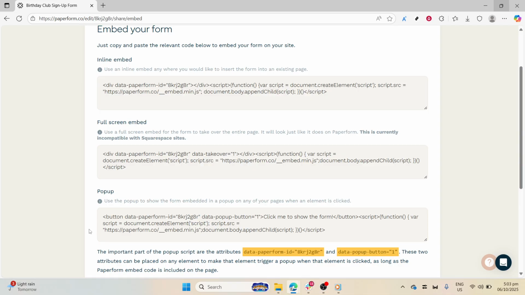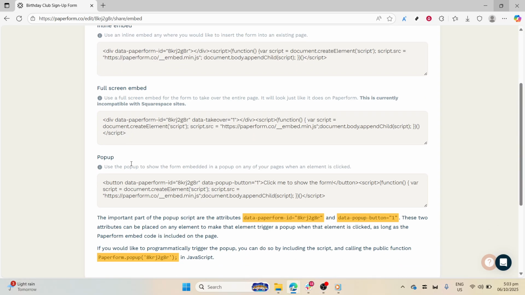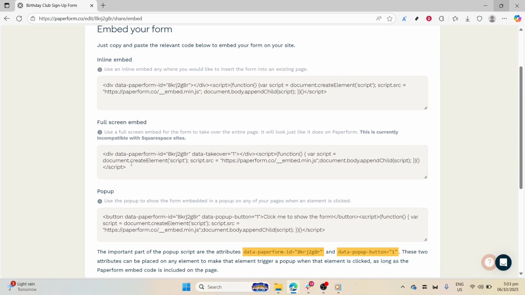This option can be great for drawing attention to the form without taking up additional space on the page. Finally, the full page option is there if you prefer to share the form as a standalone page. This can be ideal when you want to direct users specifically and solely to your form, away from other content on your site. After selecting the option that best suits your needs, you will be provided with an HTML embed